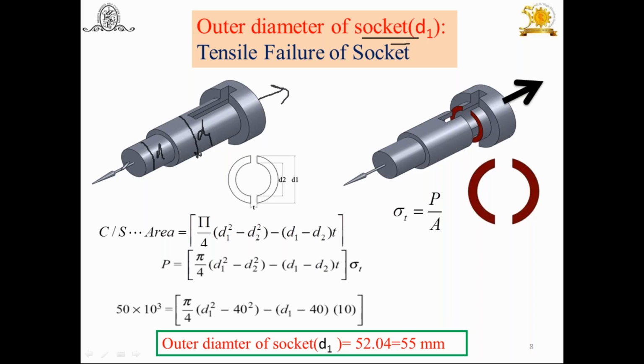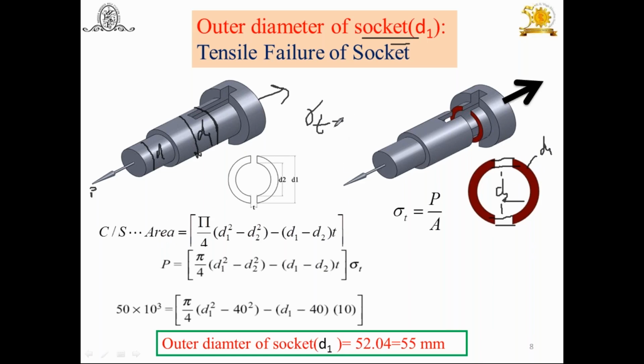Again, because of this tensile force, the socket is going to fail where the section is weak. Where the slot is, you can consider this area. It is going to fail at the weakest section, that's why I am going to consider this weakest section. What is this inside? This is D2, because where the spigot is inserted, the spigot diameter is D2 and the outer diameter is D1. Now to find out this area, I am going to find out here.